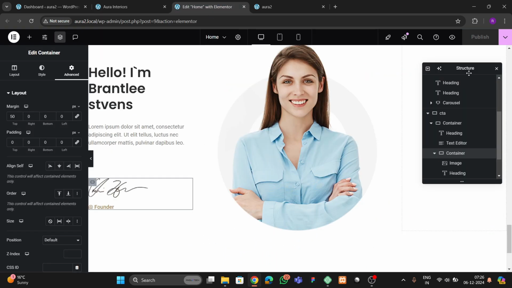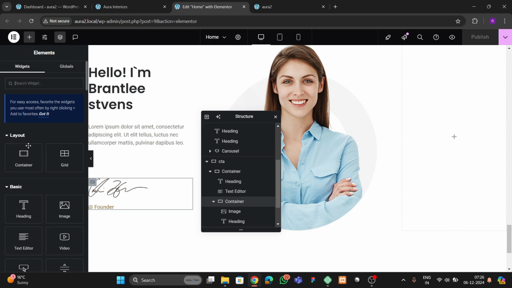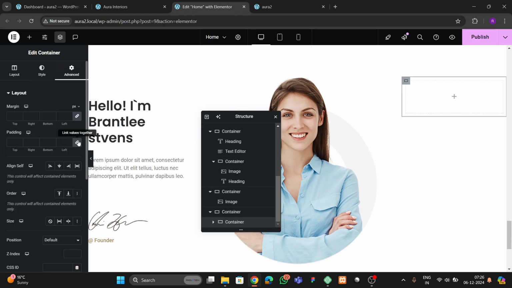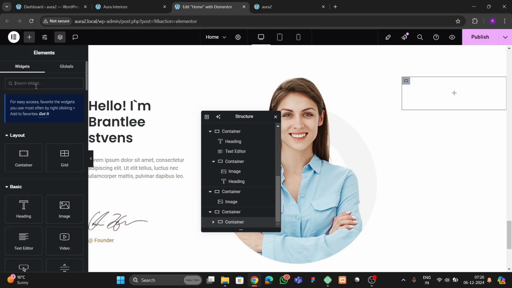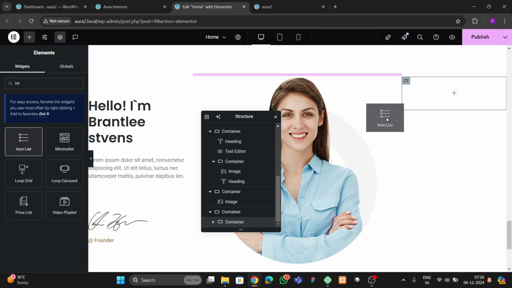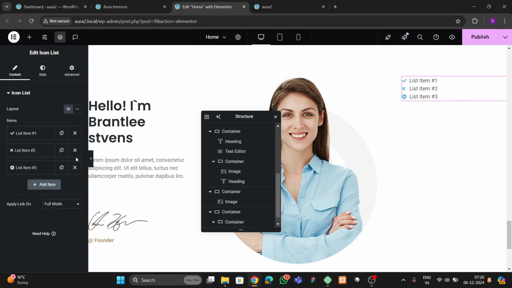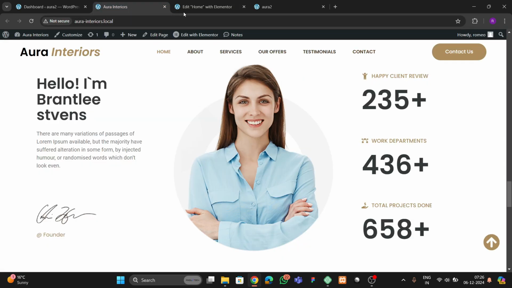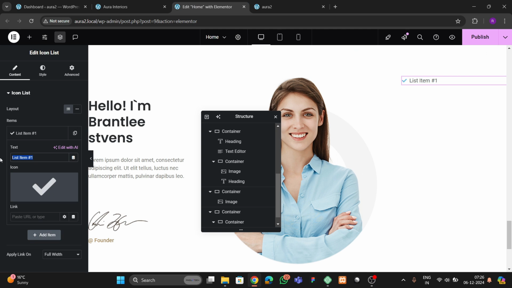So for making this section, what we can do, we can go here and get to these containers, and here we can remove the padding and all from here. And here what we can do, we can add a line height here. Okay, not the line height, list icon list. So we can just drag and drop this and we can remove the first one. Okay, now you can see that we have this happy client review. So let's write it here,